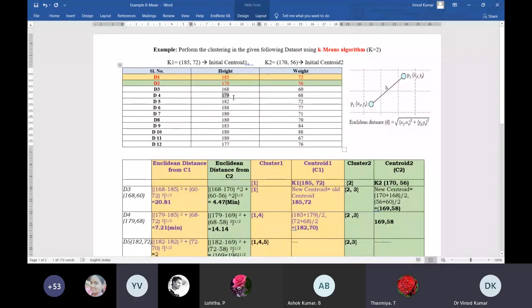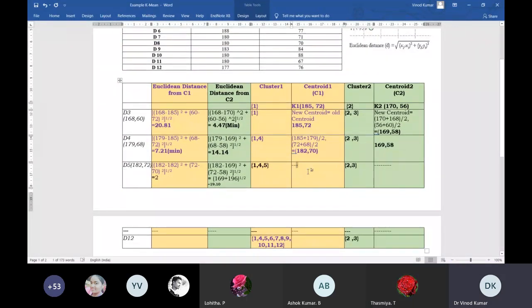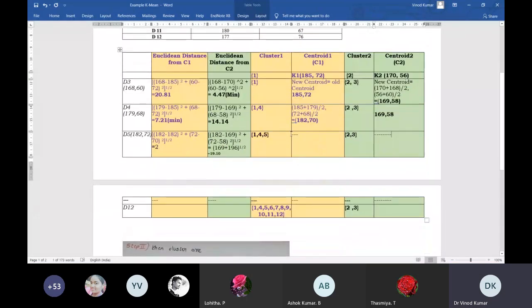These values will be added and divided by 3, and correspondingly 72, and this one and this one will be added and divided by 3. Then you will come up with a new centroid here. Your centroid will be changed here, so in that way you have to write the new centroid. This centroid will not change because the assignment will be in the C1 only.